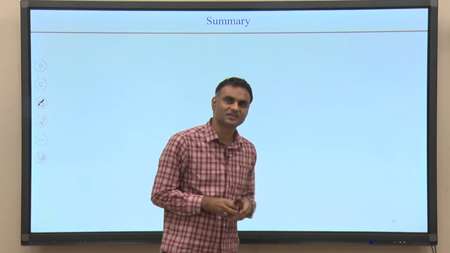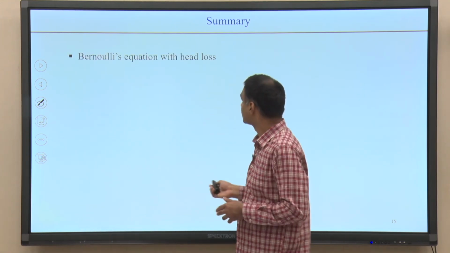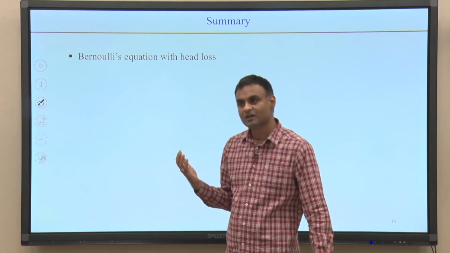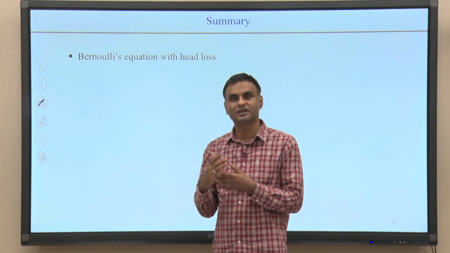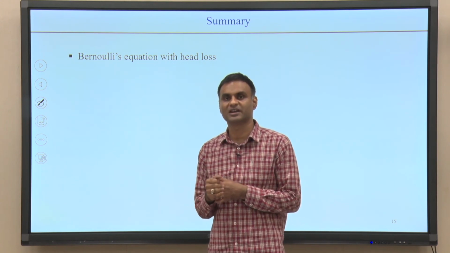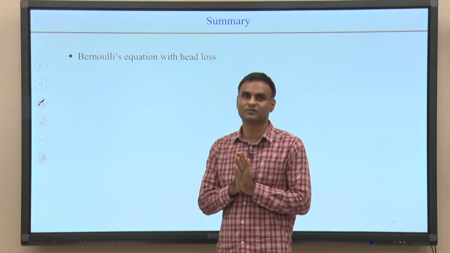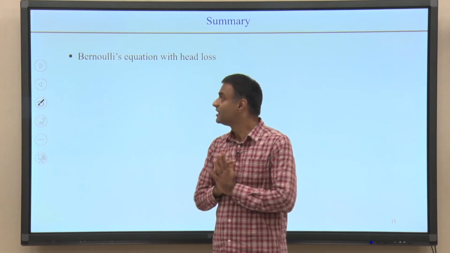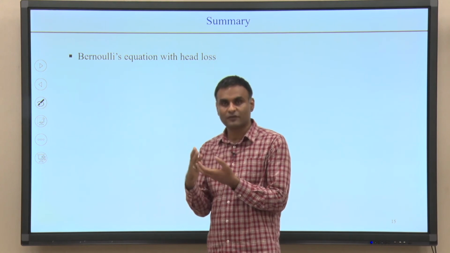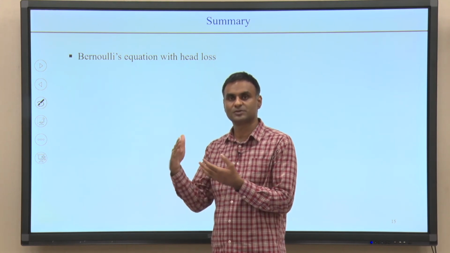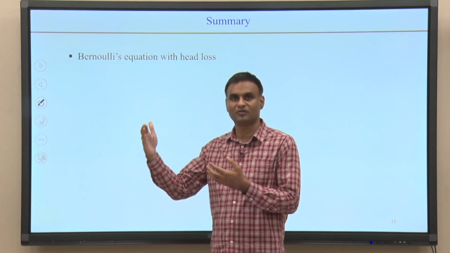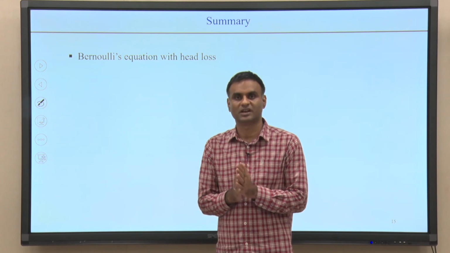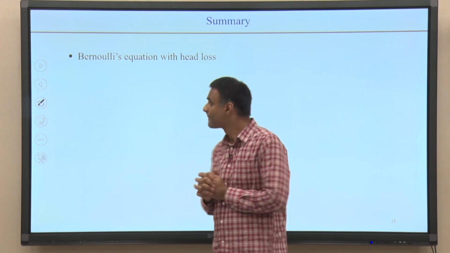So, what we have discussed in summary today is that we have looked at the developing flow first, what is developing flow and what are the development lengths for laminar as well as turbulent pipes. For laminar flows, we said that L by D is equal to 0.6 Re, and for turbulent flows, the mean velocity profiles tend to develop between 25 to 40 D, and the other turbulent quantities may take up to 80 diameters or so.